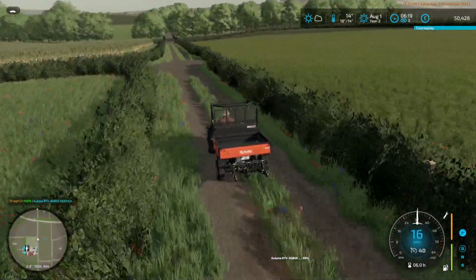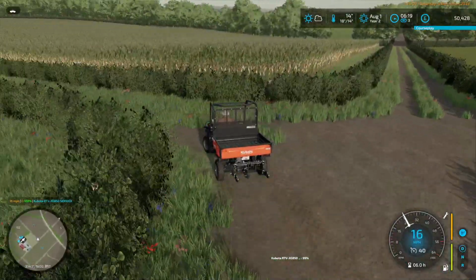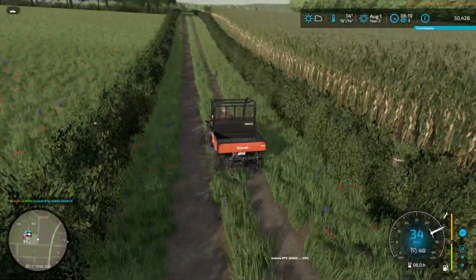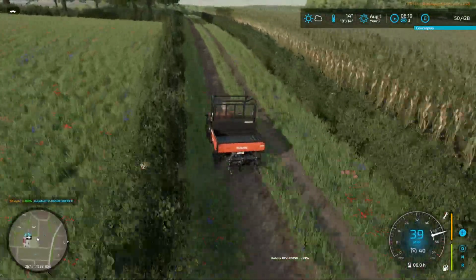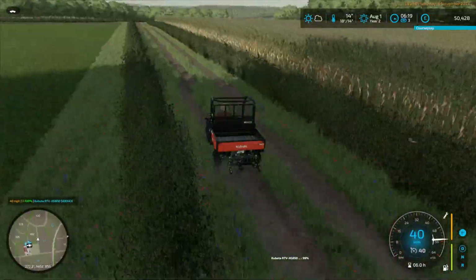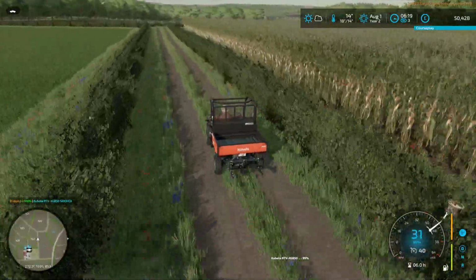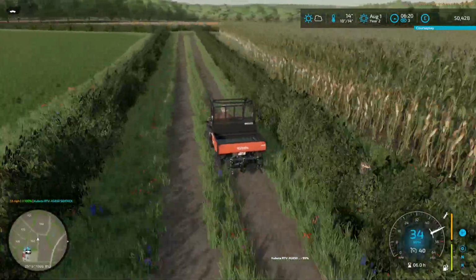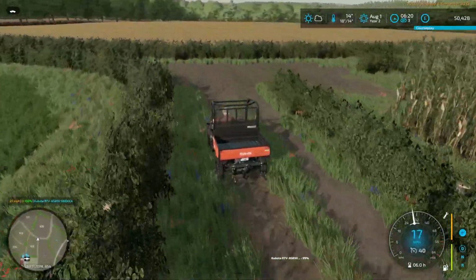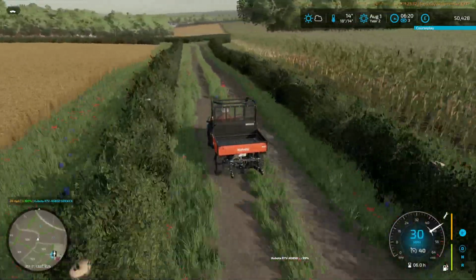And we want to check the other two fields down here. The maize all got planted at the same time, so I just need to look at one of them, see how well they're getting on. If that's ready to forage, we might think about doing that too. We'll also take a look at what contracts are out there. But first things first,